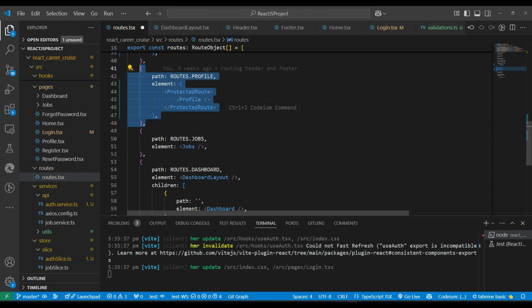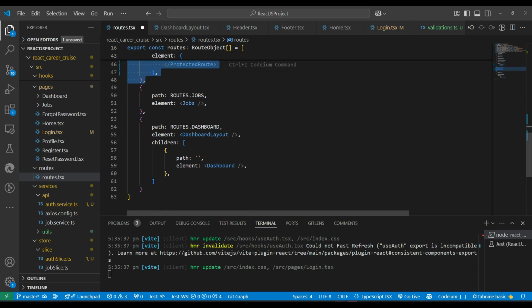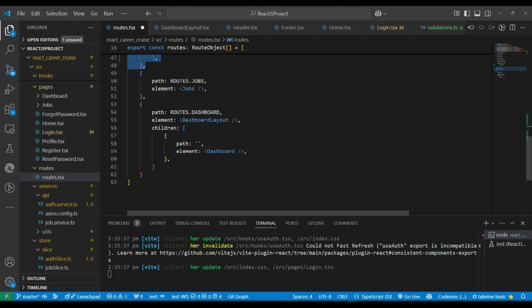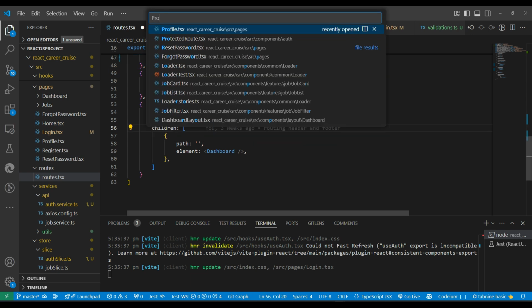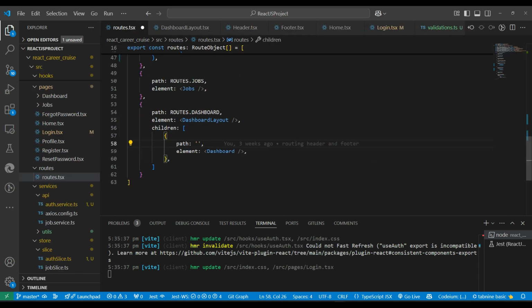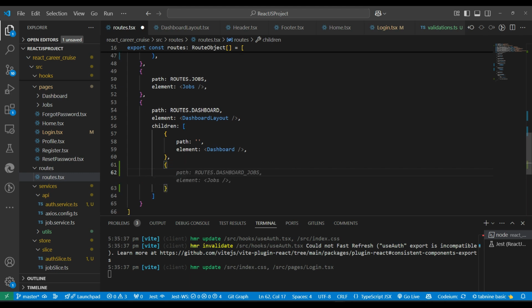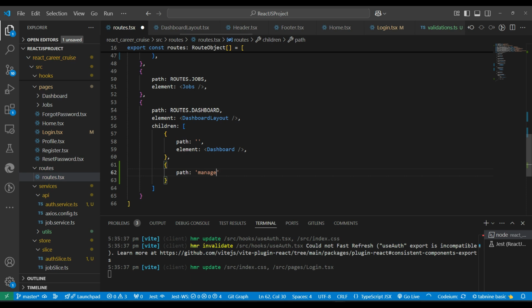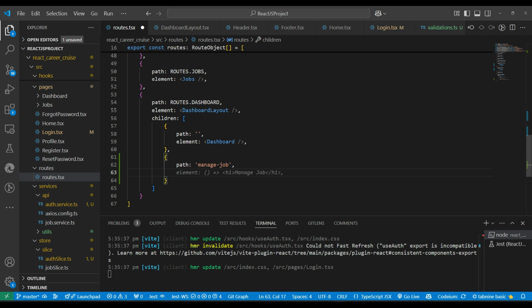So these are for the user, meaning they can access them even without a role. But whatever we have for admin purposes, that we can protect, and we need to pass the required role also, because in the protected route we are asking for the required role. So for example purposes, let's make our page in the children of the dashboard only. Here we will make the path manage job, meaning they can add or delete jobs, and inside it we will write element,